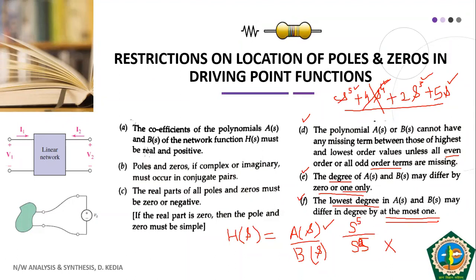Otherwise, these conditions have been derived in a reverse manner. Like, if some system is unstable, for that unstable system we will find its network function. We will represent that network function in the form of a pole-zero plot. And then we found that the poles and zeros were located in such regions which told us that the system is unstable. So those restrictions were worked out and then they were presented here. I hope this is clear to everyone.